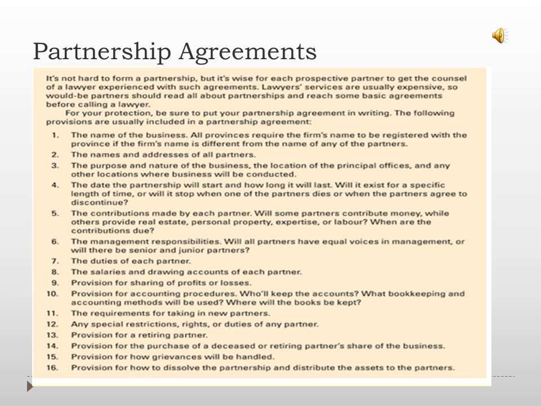How will you dissolve the partnership? How will you come to an agreement to close the partnership? If one partner is not happy and wants to leave and start a business on their own, how will you prevent them from taking your client list or competing with you? So there's a lot of things to consider up front before starting a partnership, and I would strongly encourage you to seek legal counsel in the preparation of a partnership agreement.